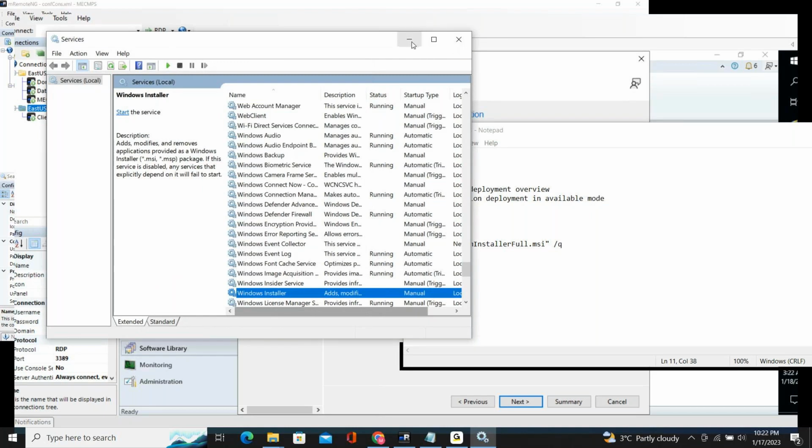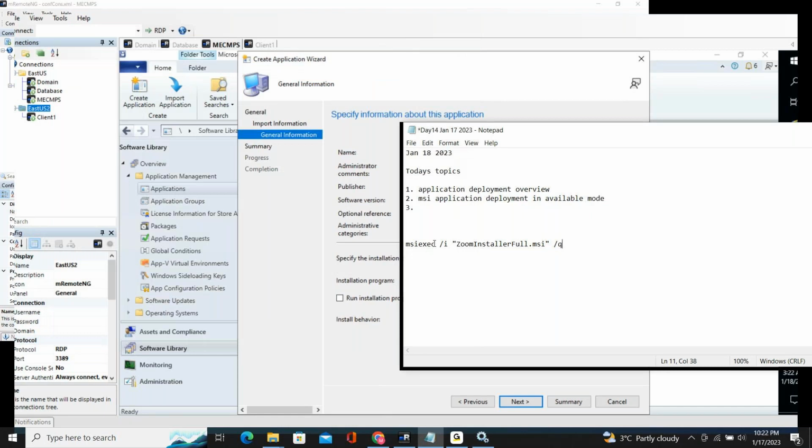So that's the reason the command line is starting with MSI exec. So basically it is calling that service for the installation. So /i is for installation. Hit enter a couple of times. Now type in /i hyphen install. This command is for install, right? Then hit enter and type in /x hyphen uninstall. Then /q hyphen silent